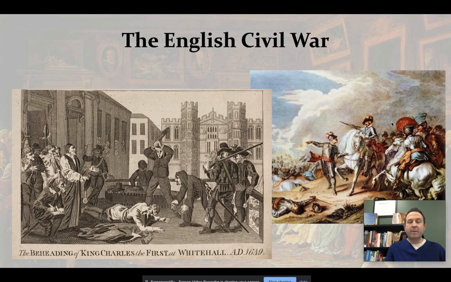Parliament orders the army to disband, but Cromwell refuses. So Cromwell leads the Roundheads to victory, right? And immediately the Parliament says, okay, so thanks very much. You served us very well. Let's get rid of the army now and get back to choosing a new king. And Oliver Cromwell's like, no, I'm good. We're good here. I'm going to stick around for a while.